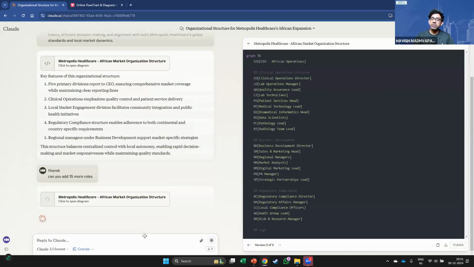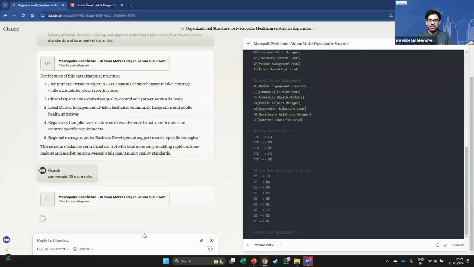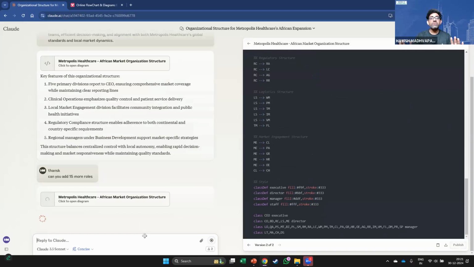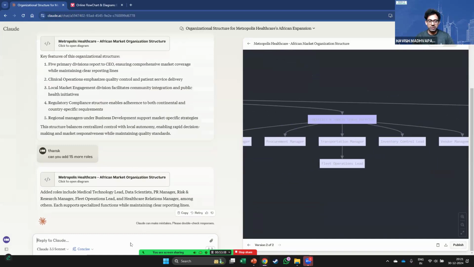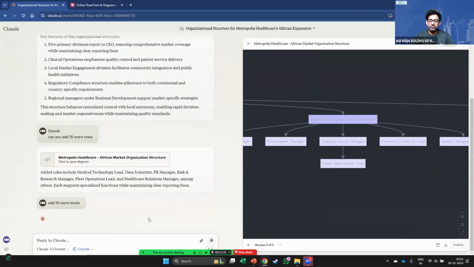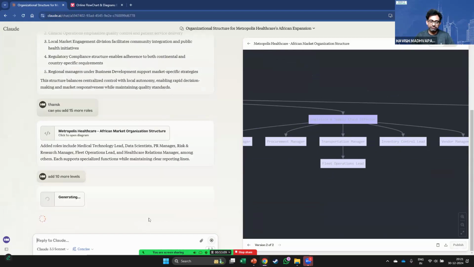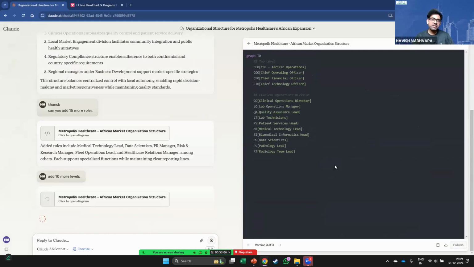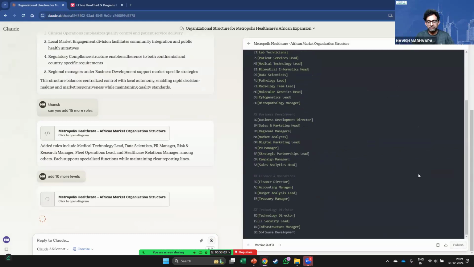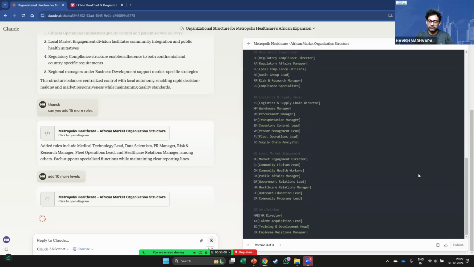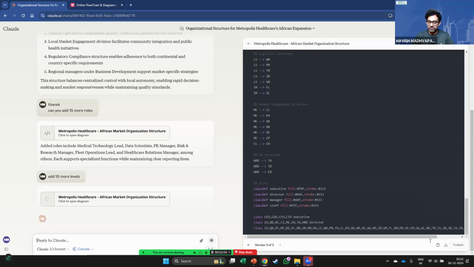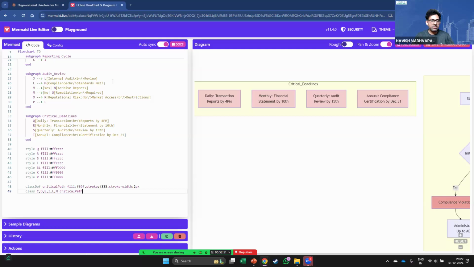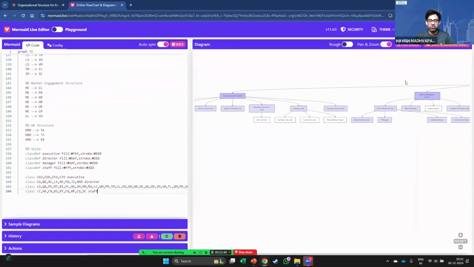to create. I still work with a lot of companies who do all of this on an Excel file or on a PowerPoint, which is definitely not the best way of doing it. As you can see, you can even create a very detailed diagram like this. And if you want to add more levels, you can say add 10 more levels. Let me copy this, go back to Mermaid. Okay, let's copy this, come back to Mermaid and paste it here and check this out.